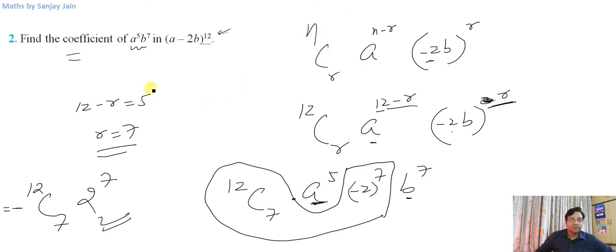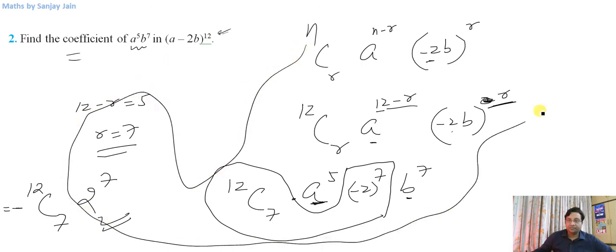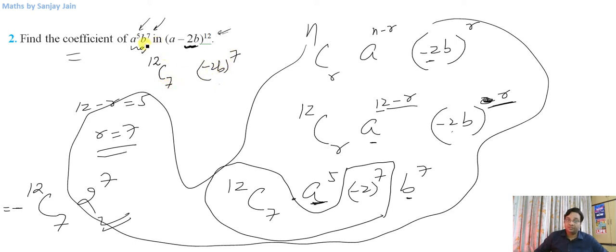Okay, so the calculation part is your responsibility. And without even doing everything I've done here, you could have commented directly about the coefficient. How? A is raised to the 5th power, b is raised to the 7th power, right? So if, let us say, minus 2b is there, then minus 2b is raised to the 7th power. b will be raised to the 7th power only when this entire term is raised to the 7th power, and it will be raised to the 7th power when the coefficient is like this: 12C7, right, minus 2b raised to power 7. Only then b raised to power 7 will be created.